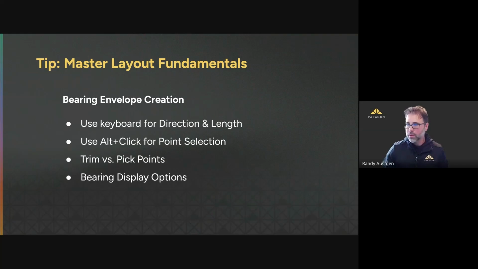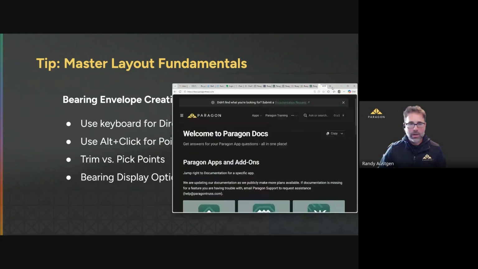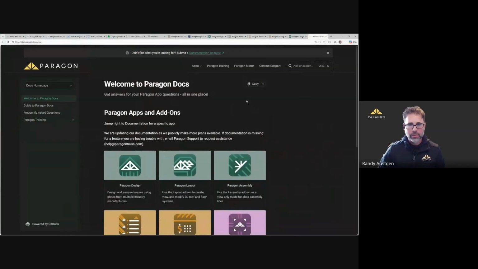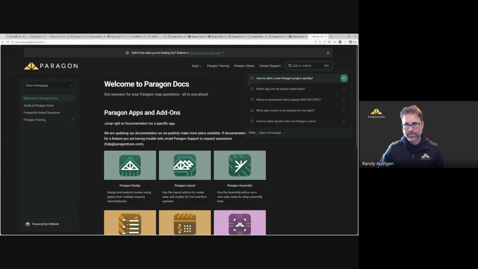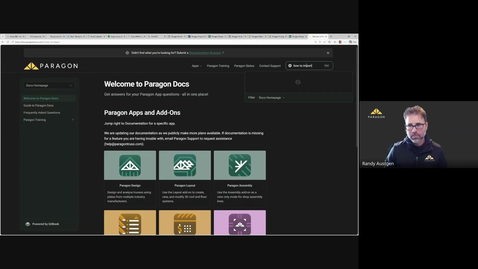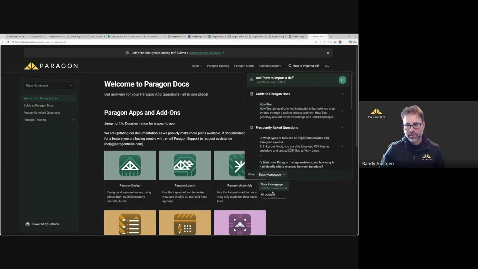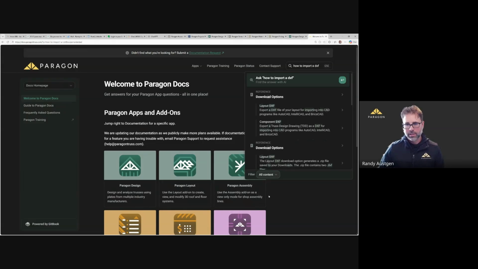So what I am doing here, head over to docs.paragontrust.com. How to import a DXF, and I want to search across all content. We could ask AI if we wanted to do so, or we could look at our search options.